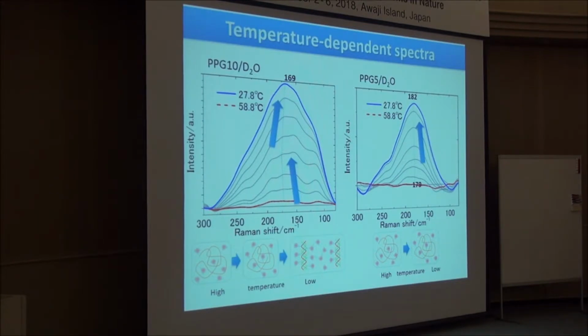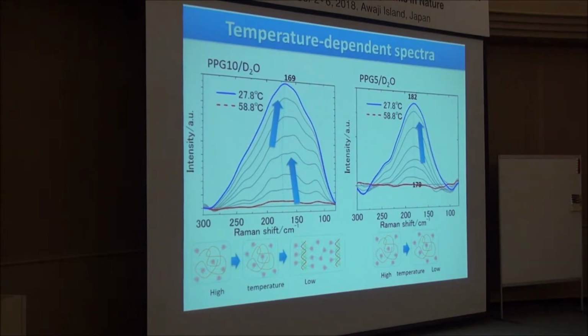In the case of PPG5, the peak at around 180 wave number shifts slightly to a higher frequency region during the cooling process